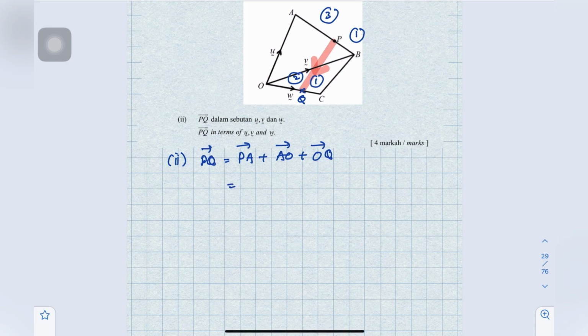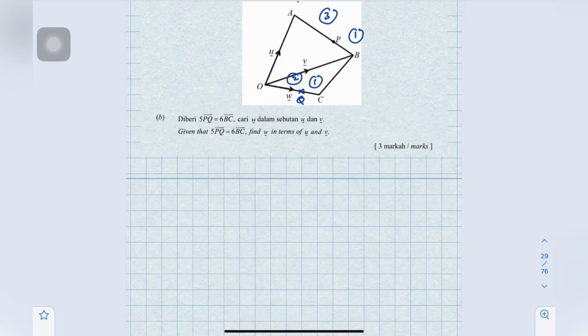Okay, PA kita dah ada tadi. Kita ada AP, so PA is opposite direction. So negatifkan je, kita dapat 3/4U minus 3/4V. Okay, plus AO is negative U, so minus U plus 2/3W. Okay, so then we simplify. This one is negative 1/4U minus 3/4V plus